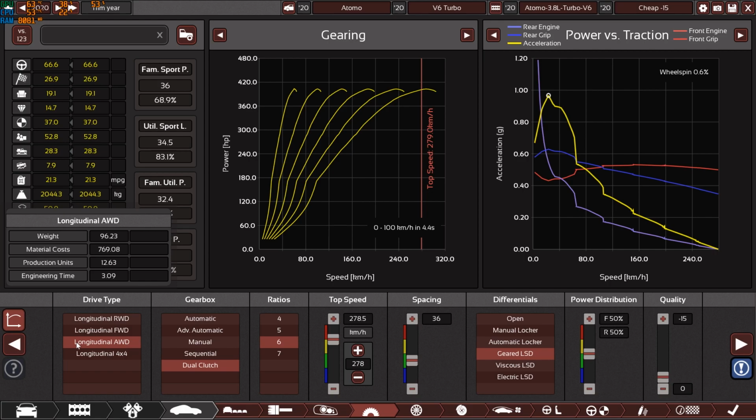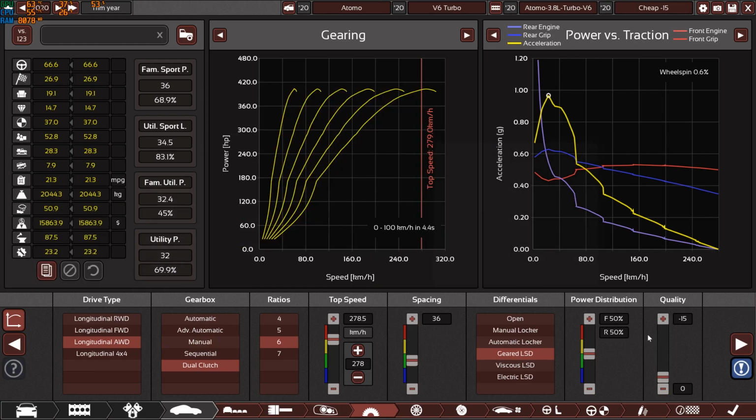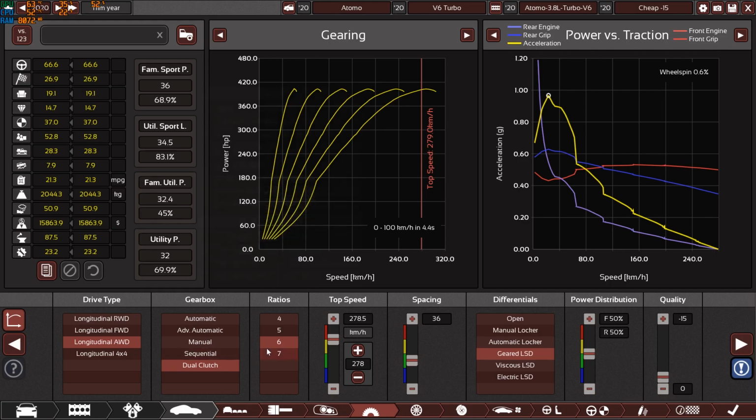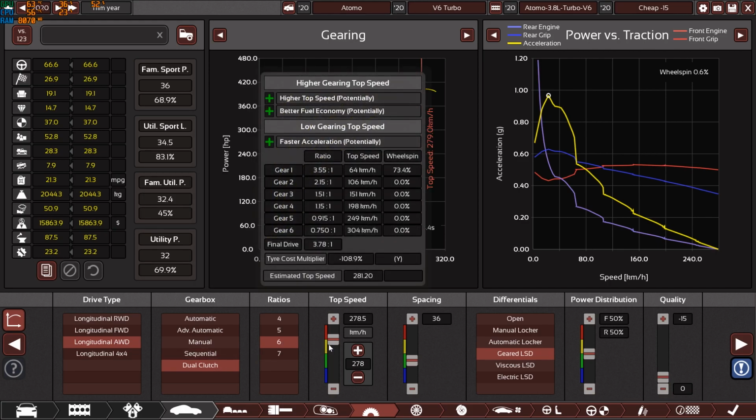No, I want to put as many parts as possible with minus 15 quality components, as you can see. So all-wheel drive, dual clutch. I went for the best gearbox ever, which you can use as an automatic gearbox, and you can manually shift it with, of course, supreme quick shifts. That's what I want. 6 ratios. The final drive is 3.78 to 1, or